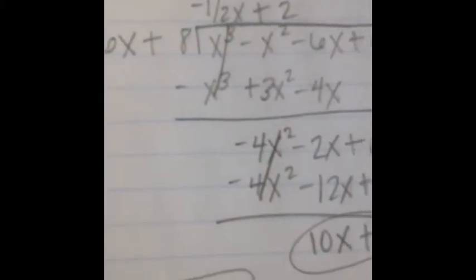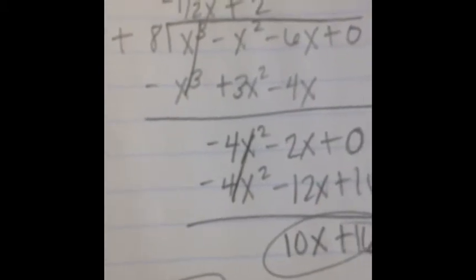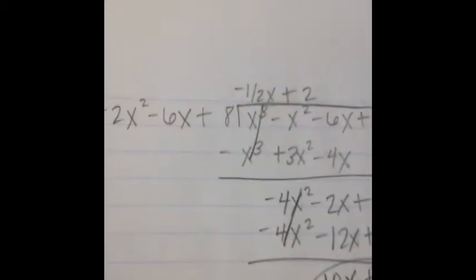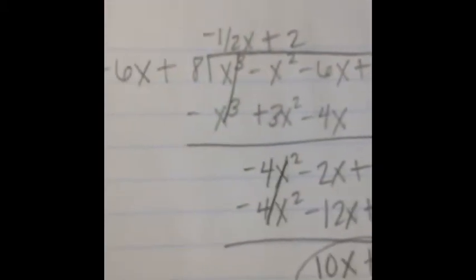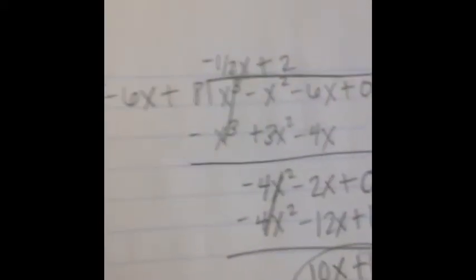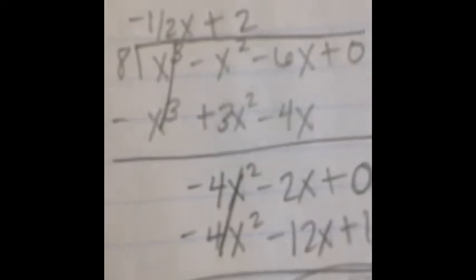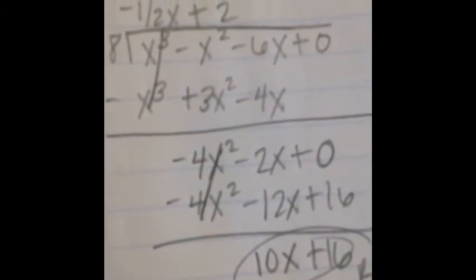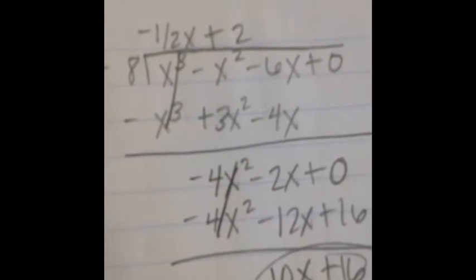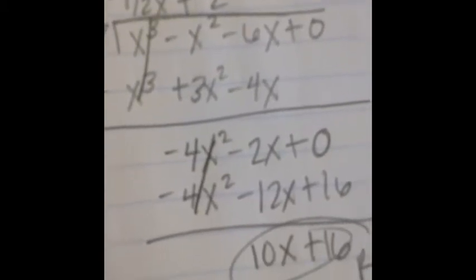And then I see how many times negative 1/2 x can go into negative 6x. So I get positive 3x squared because negative times negative is a positive. And then I do that one last time with the plus 8, and I get minus 4. So as you can see, I have all of that right here, and all I do is subtract that. My x cubes cancel out, and my negative x squared minus my positive 3x squared comes out to negative 4x squared,